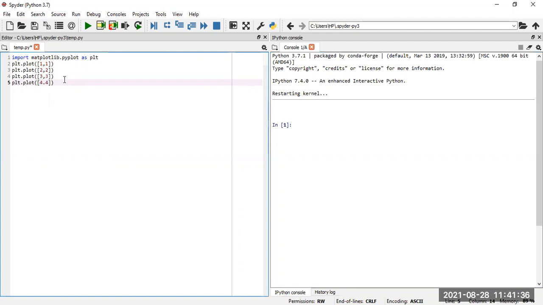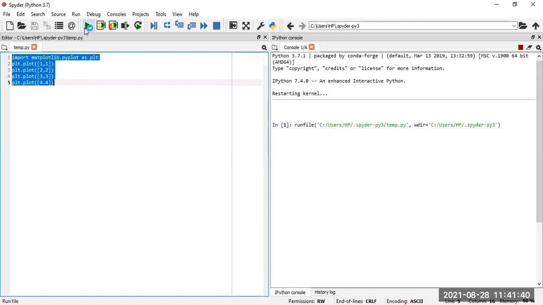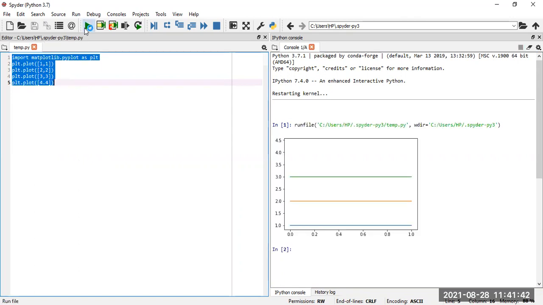Okay, it has been initialized. Fine. Now just run this simple code. So here we can see that the data has been plotted, and we can see the three different lines here, 1 2 3. The lines have been initiated, a simple program to plot the particular data.